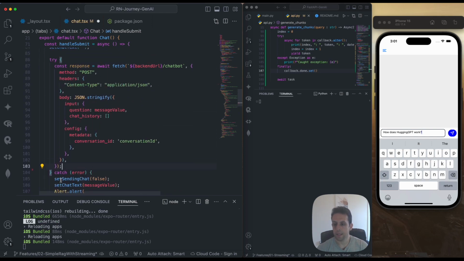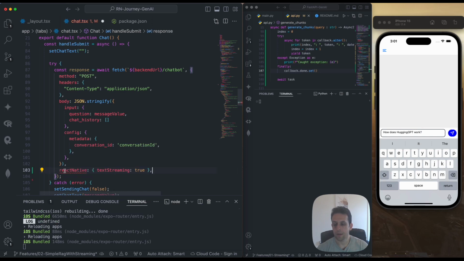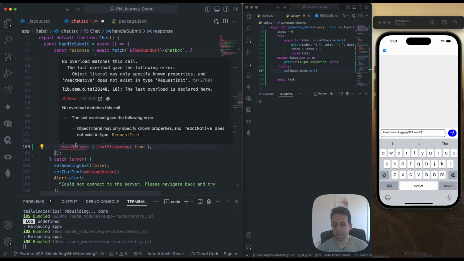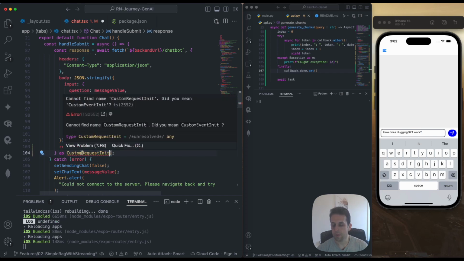So this whole thing over here, we're going to have to get rid of it. And then the next thing we're going to do is this fetch function actually will need to have a new parameter over here. It has to be this React Native, and text streaming is true, so that it knows that we're going to be streaming text back, and then it will have the proper format for the response. But right now, as you see, TypeScript is complaining about this, like the type request init does not have this React Native property. So we're going to have to assign our own type or interface to this